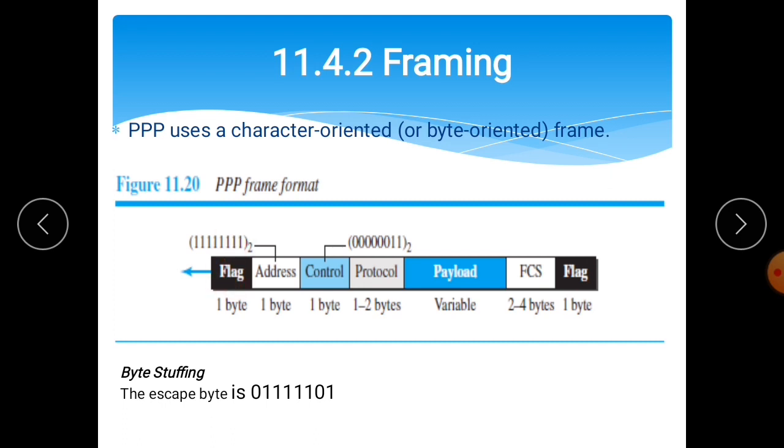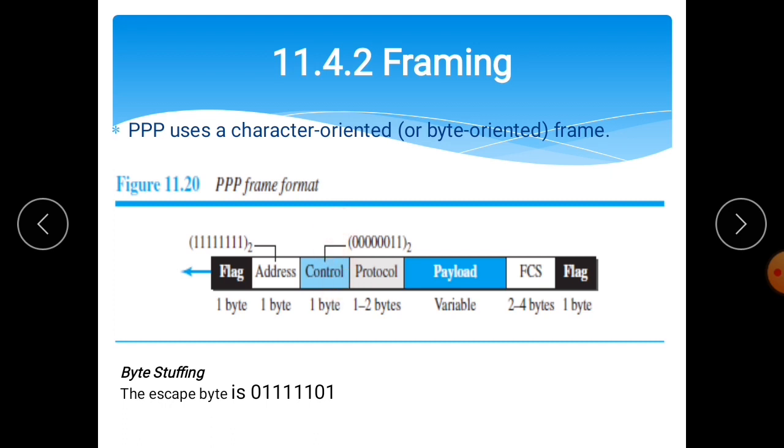This is the flag pattern. The next field is the address. This address field is a constant value and is always set to 11111111, which is basically a broadcast address.